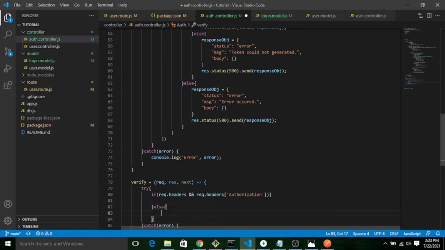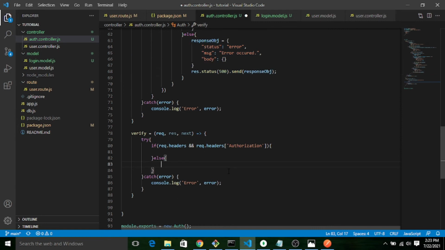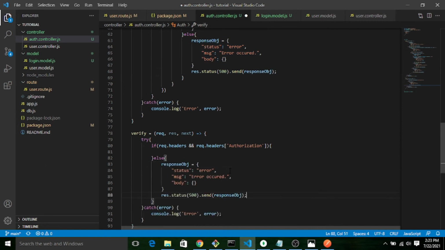If authorization part is not present, we will send the error response to user. Token not found. Okay. If that is present, let's fetch that token.